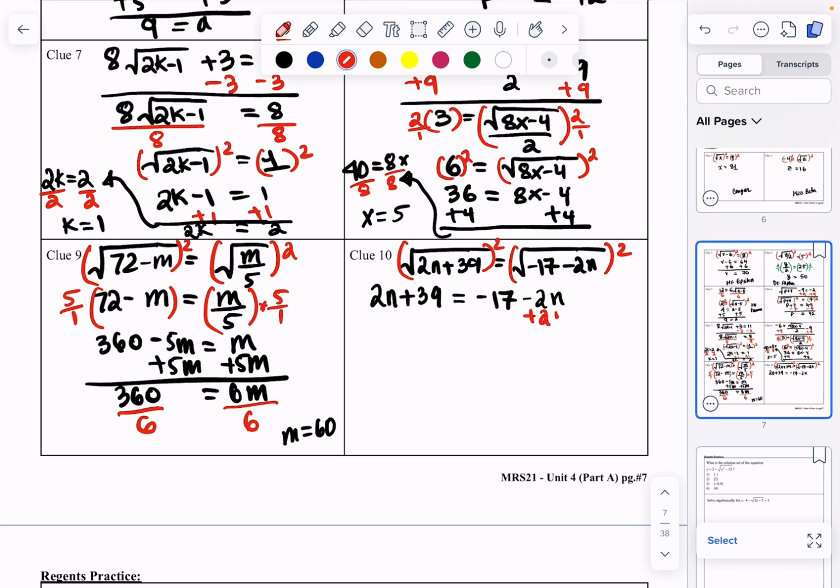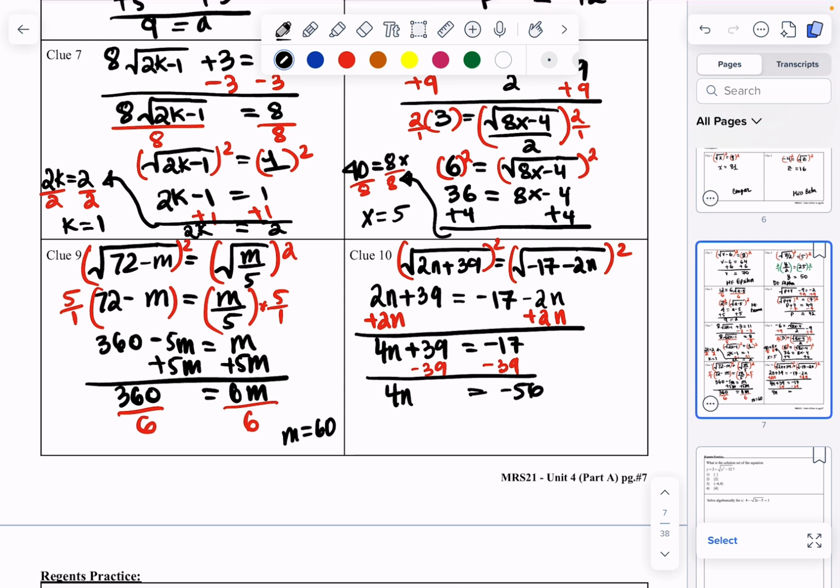So I add 2n on both sides, which leaves me with 4n plus 39 is equal to negative 17. Then I subtract 39 on both sides, which leaves me with 4n is equal to negative 17 minus 39, which is negative 56. Divide by 4 on both sides. Then we are left over with n is equal to